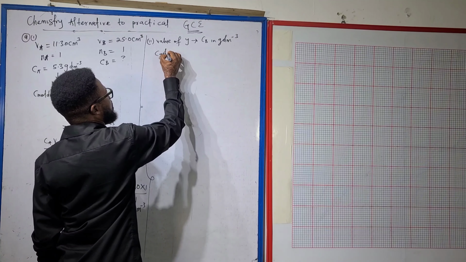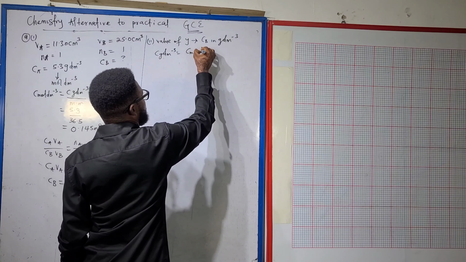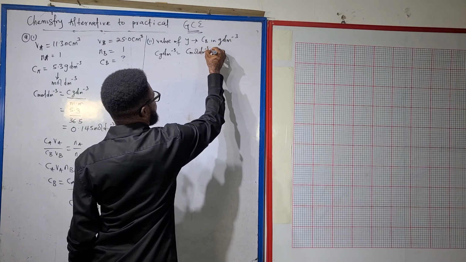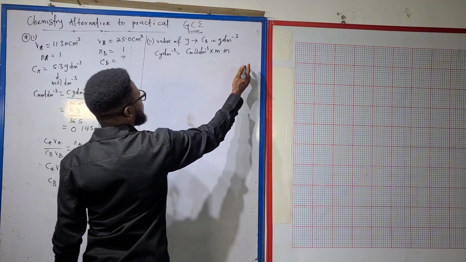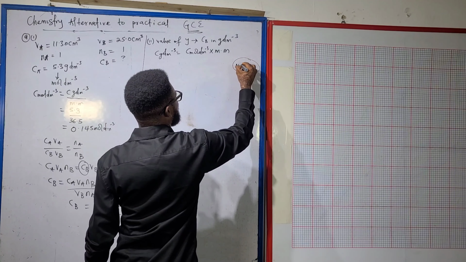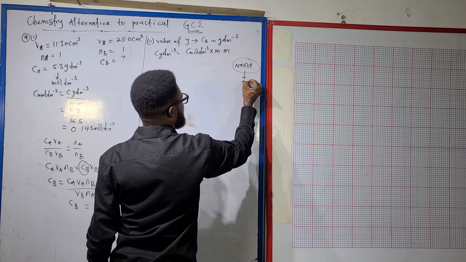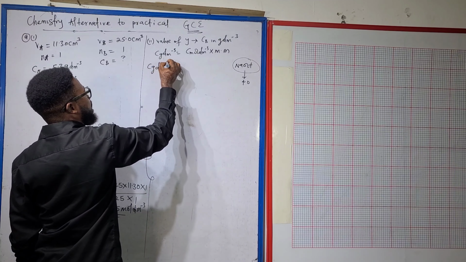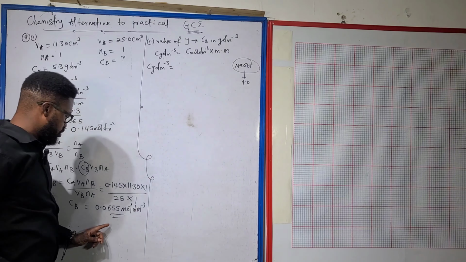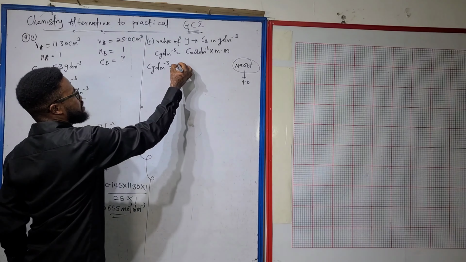Concentration in gram per dm cube is the concentration in mole per dm cube times the molar mass. What we are dealing with is sodium hydroxide, so if we calculate the molar mass, it is 40. Just take note of that, so that my concentration in gram per dm cube is the concentration in mole per dm cube, 0.0655,